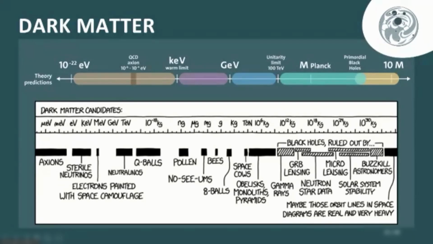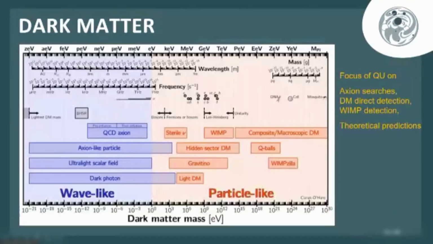Dark matter. As I said, we don't really know what dark matter is. We know that it's there. We know the amount of dark matter in the universe from gravitational measurements, theoretically, it could be anything. It could be anything spanning from extremely low masses, much below the neutrino, the lightest elementary particle mass, to extremely large masses, even beyond the Planck scale.